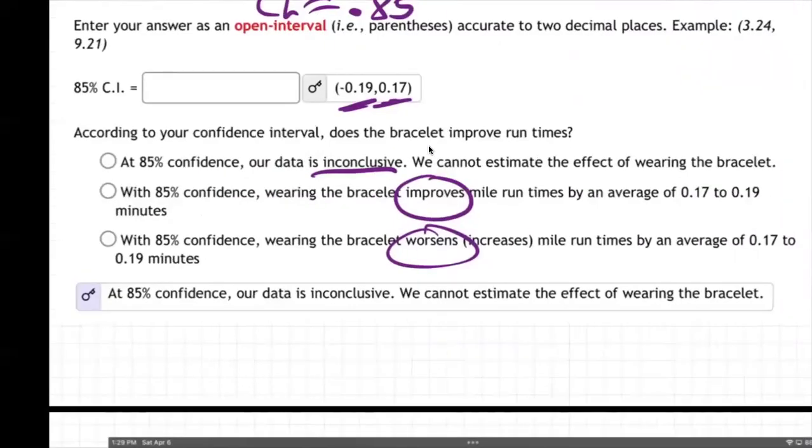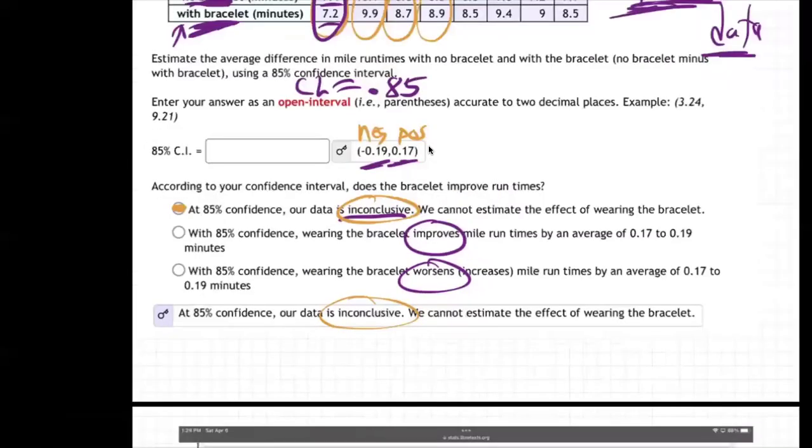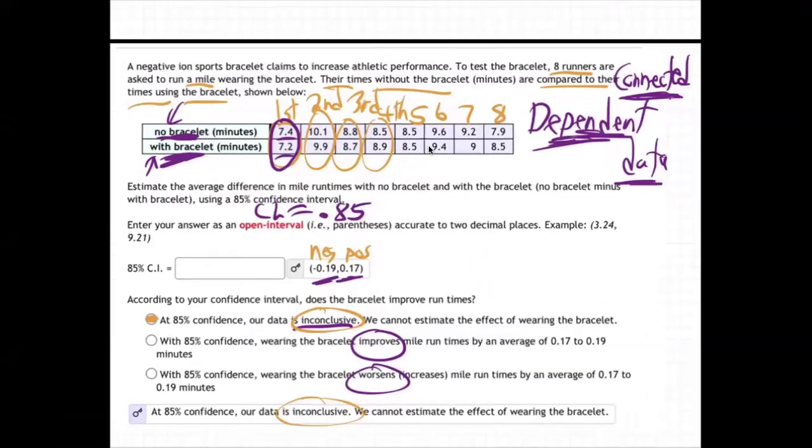So see how we have a negative? Here, let me just write negative. We have a negative and a positive, so we are inconclusive. That's why you see the answer down here. So it's inconclusive. It's not conclusive. Now, let me give you a logical reason why, not just, hey, there's the table, pop it in. But why does that mean